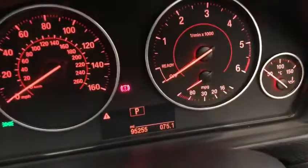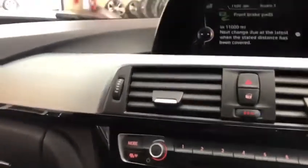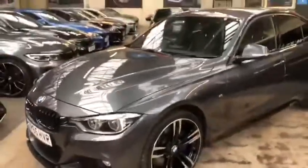There we are, covered just over 95,000 miles. Black Dakota leather, not a mark on the leather. Dashboard is really tidy. Stop start is standard. Yeah, this one is very good value with the high miles, but with a full service history, it's a really